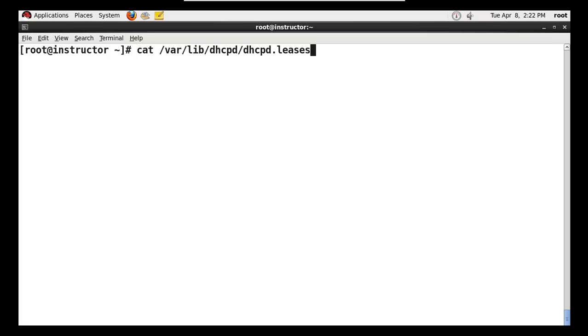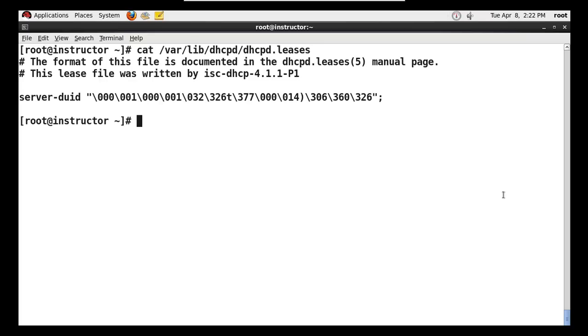This is the lease information file. Whenever any client gets an IP address, the client information will be stored in this file. See, up to this time, the DHCP server has not provided any IP address to the client computer.